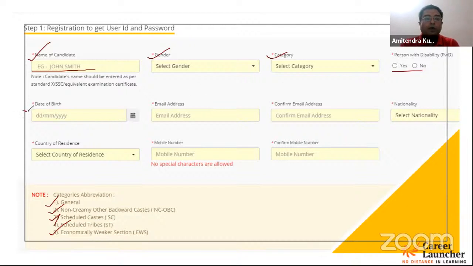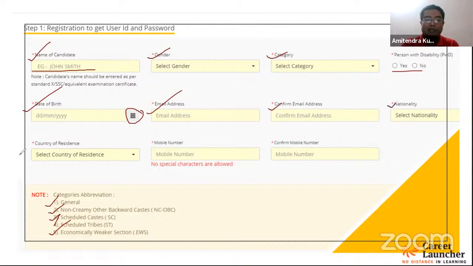From here, you'll have to fill in your date of birth details. So you can use the calendar tab given here, select the year and then select the month, and complete the process out here. Next comes email address, which you have to type in correctly. You have to retype your email address and confirm your email address so that there are no mistakes. From the drop down, you have to select whether you are an Indian national or not.